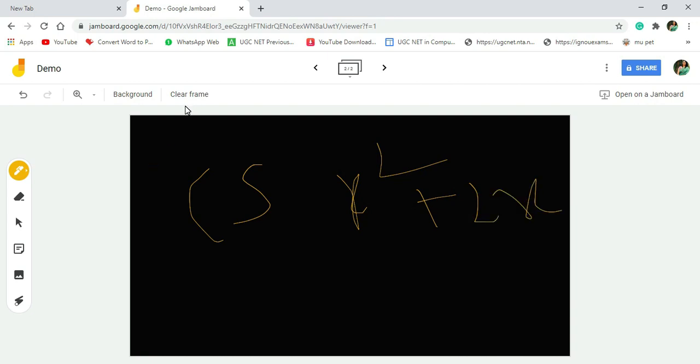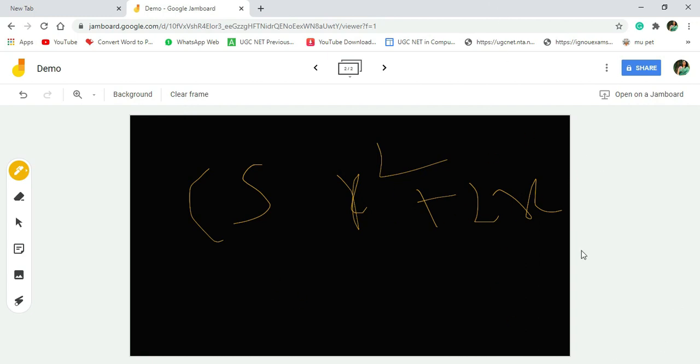Now what I can do, suppose as I said, it is an interactive and collaborative tool. So what I will be doing, I will be sharing this Jamboard with my students, so that they can interact and they can collaborate. Suppose I'm a school teacher and I am showing some MTF, and I ask any student to give the answer of this, and that student wants to match the particular picture, then that can be done over here.